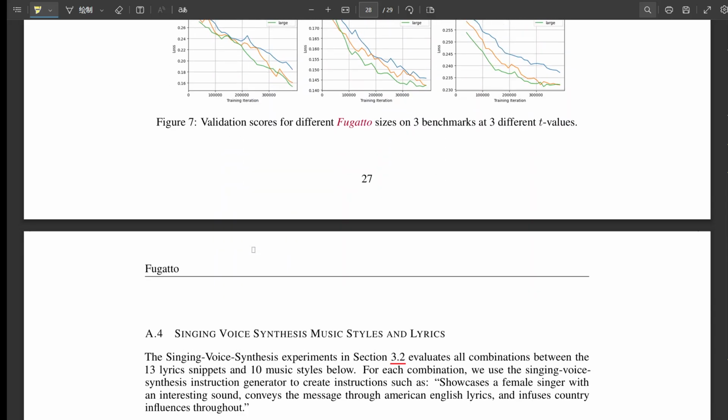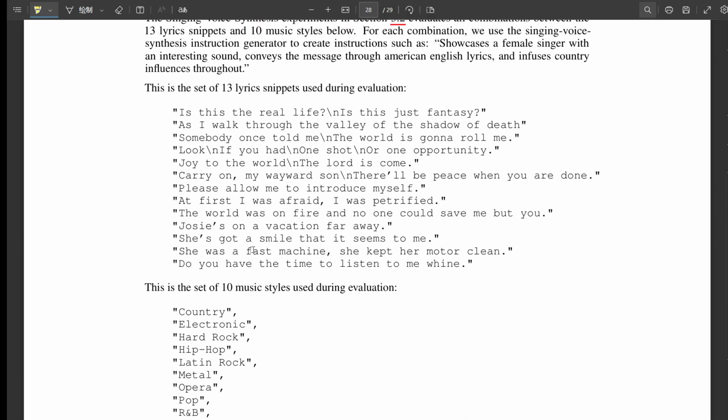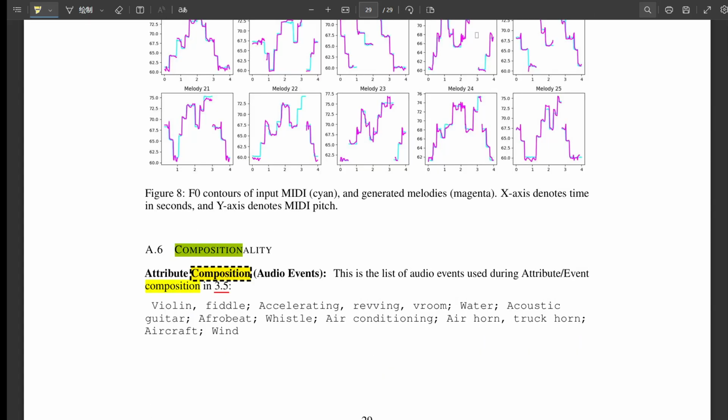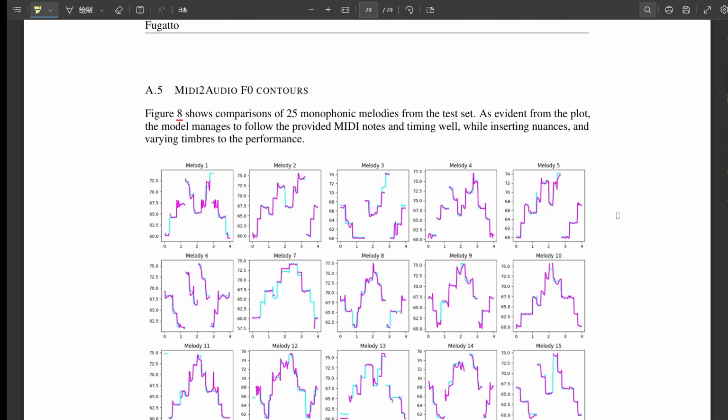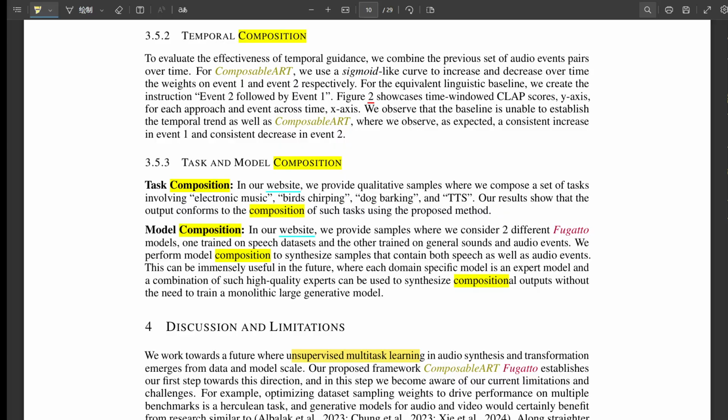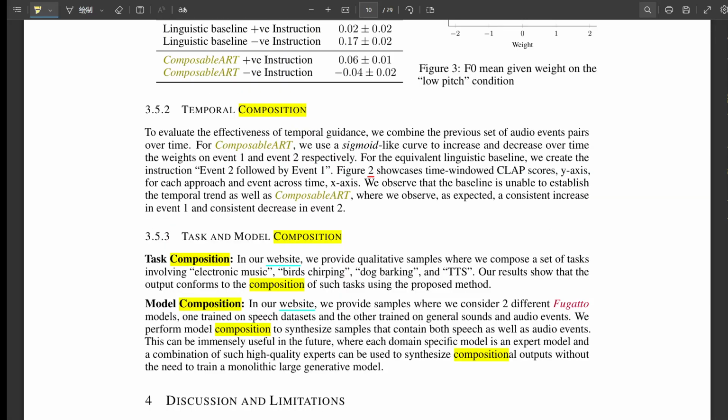And that's where all those clever techniques come in. The LLM generated instructions, the audio captions, the transformation pairs. Yep. It wasn't just data. They were giving Fugatto a full sonic education. That's a good way to put it. It's like the difference between giving someone a dictionary and teaching them how to write a poem. One gives you the raw materials. The other teaches you how to actually use those materials to make something meaningful and expressive. Exactly. That's a great analogy.